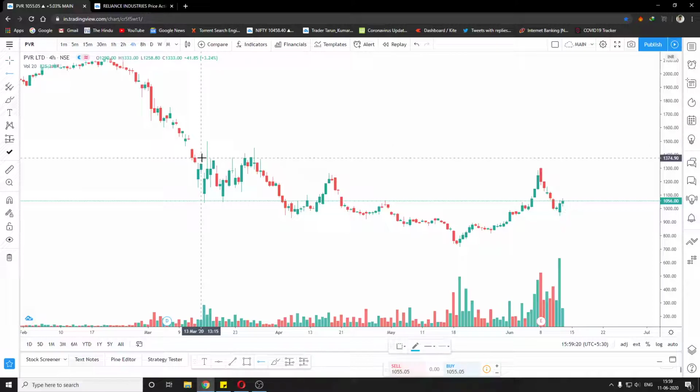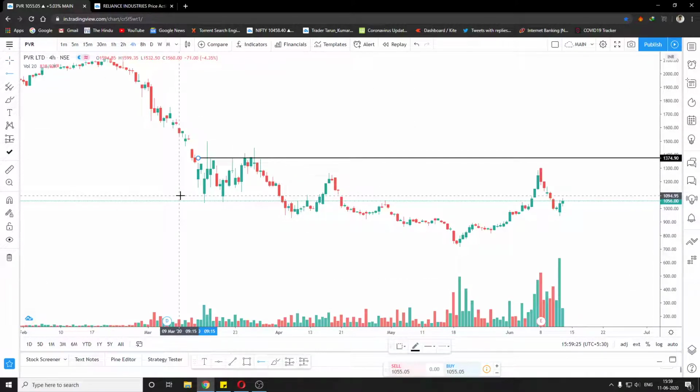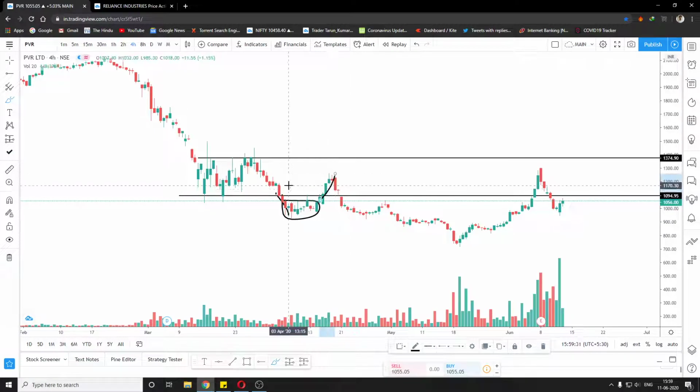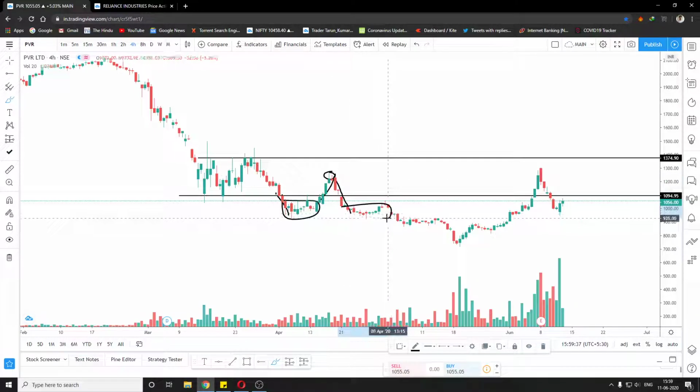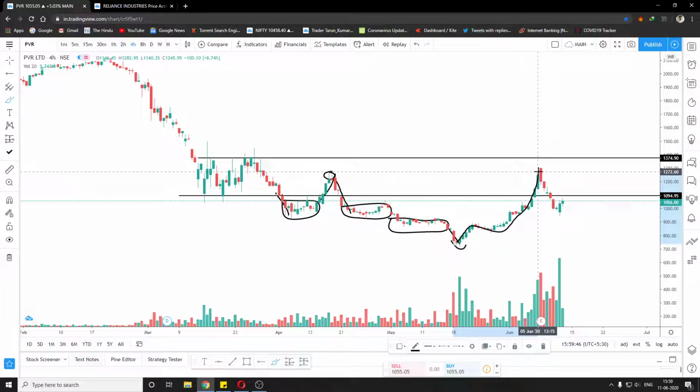As you can see, the resistance line is this and the support line was this. Then we had another breakdown, some accumulation, the market came up, but then we see another top wick candle and the market came down again. We had more sideways movement, the market kept breaking to the lower side, and then finally we have this momentum